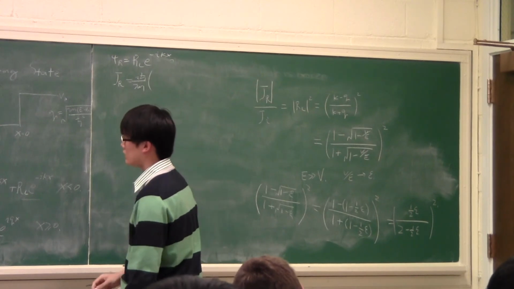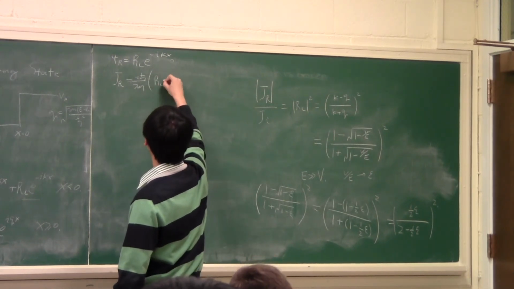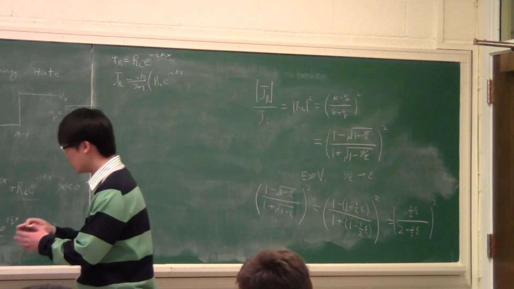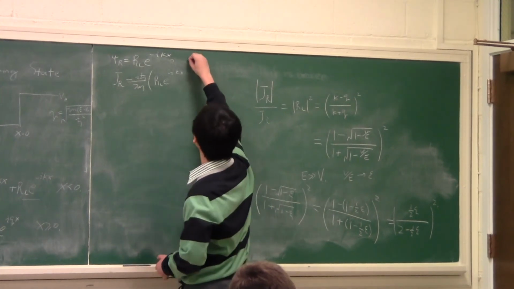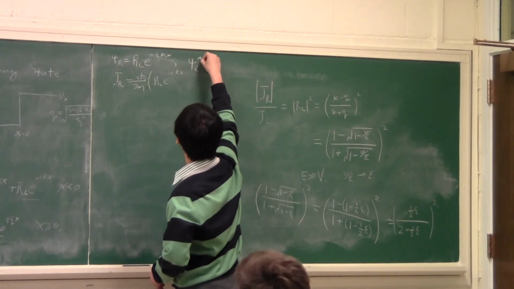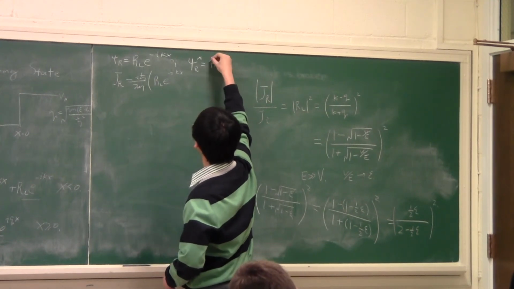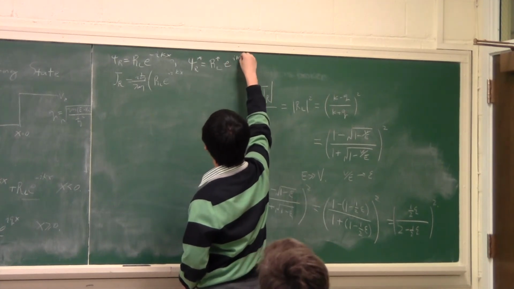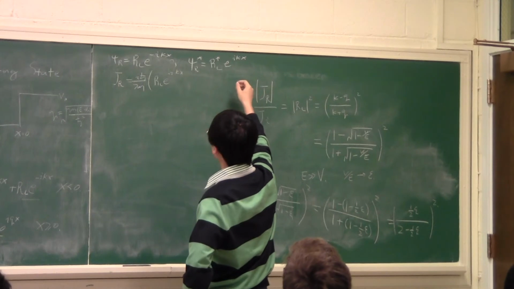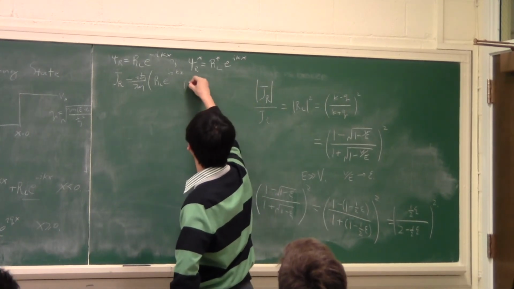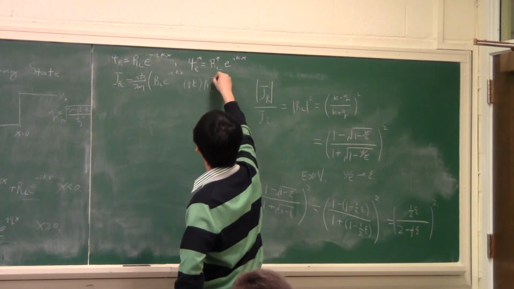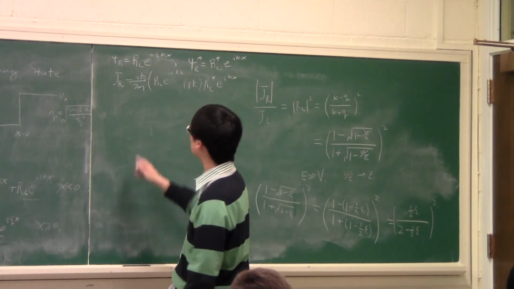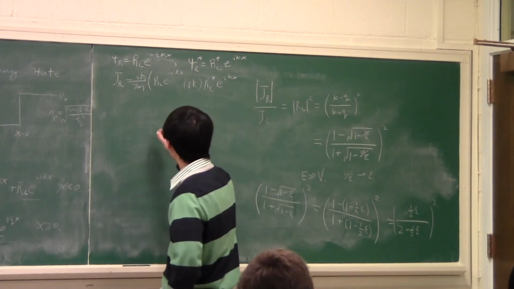So J_R is defined as... we write down phi, now the gradient turns into d/dx. So d/dx of the conjugate, phi_R conjugate, is equal to R_L conjugate. We don't know if R_L is real or not, so in general it's going to be complex. Now we take its derivative, you get an ik here, times R_L conjugate. And you see how there's a minus sign because of the two i's. And now minus